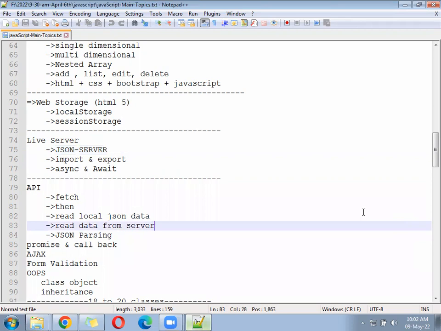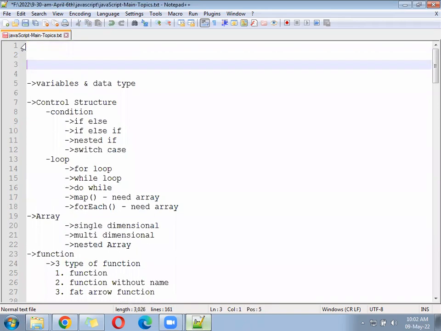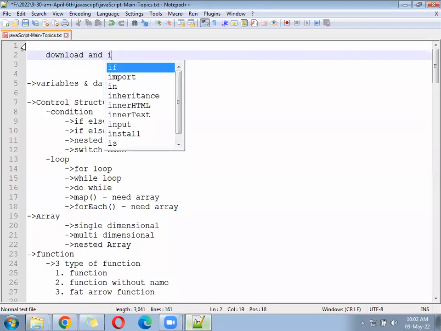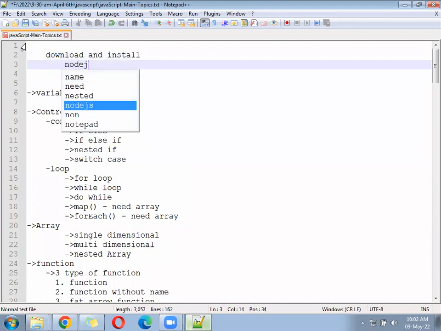Now come down. You have to download quickly and install this editor. Not editor, at least this one. Download and install Node.js from